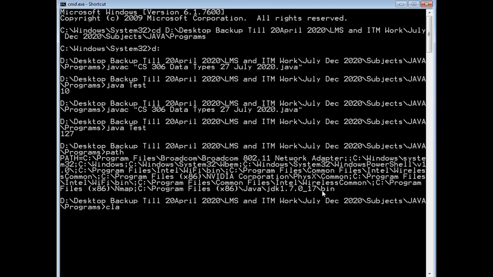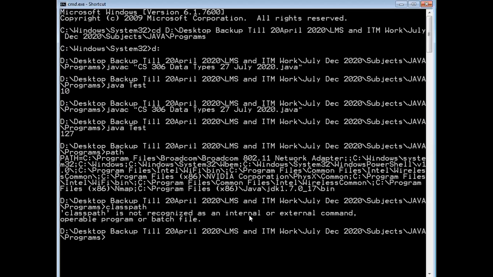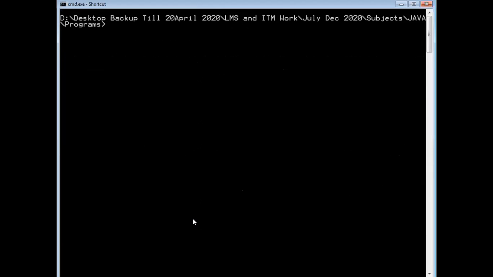And if I want to check what my class path is, the class path is not set here. I'm not supposed to show your class path, but yes, we set the class path in the same way in your environment variables. Clear? So what is the next step? The next step is, okay, I just clear the screen for all of you, so I write CLS.